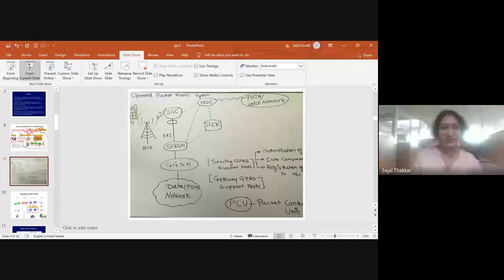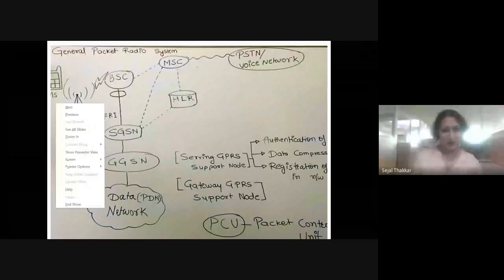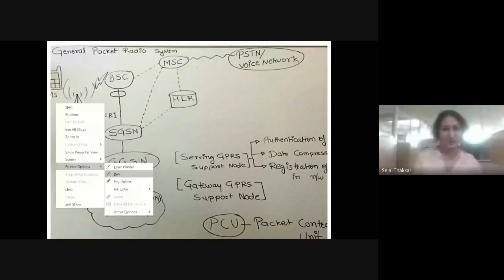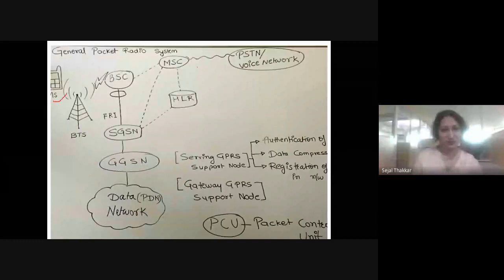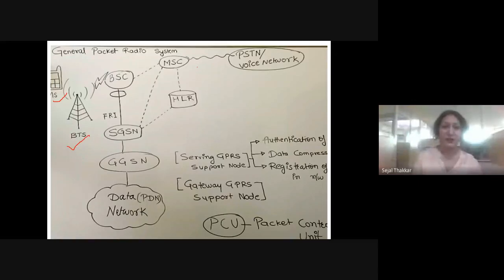We have the mobile station, which consists of a SIM card and mobile. This is the BTS, the tower from which the connection comes, the base station transceiver. Then this is the base station controller, BSC, and this is the MSC, mobile switching center.